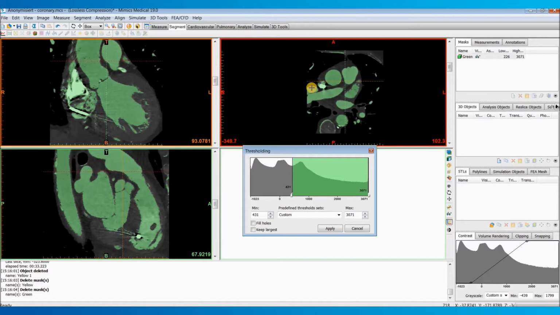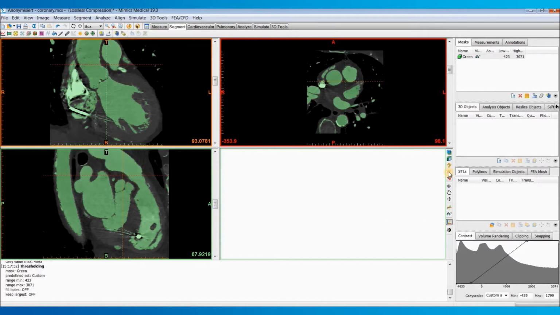And you might even get some areas like this where this pulmonary vein and pulmonary artery are bleeding into one another. But I bet if we tried to increase this minimum value to break those connections, once we finally break them, we're going to start losing some of the other blood pool, and we don't want that. So I'm going to move this minimum value back down to about where I had it, and it might just be inevitable that you get some of these false connections that you're just going to have to manually touch up in your segmentation. So I'm going to go ahead and hit apply,